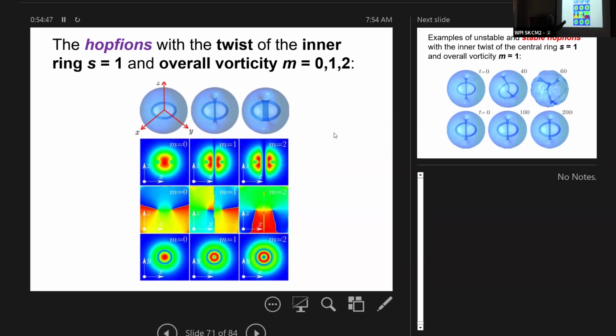And these are cross sections, which show the distribution of the density. These cross sections show the distribution of the phase to demonstrate that here we have 0 vorticity, here vorticity 1, here vorticity 2. And these are also cross sections, but in the top view, to show the distribution of the density in these objects. They may be interpreted as Hopfions, because these are objects which have the same set of two independent topological numbers, S and M in our notation,